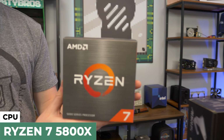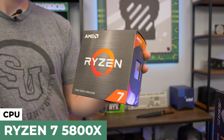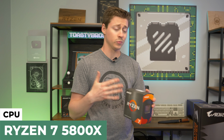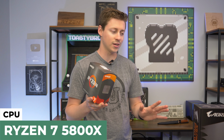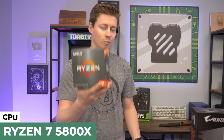But yeah, how about we not waste any more time and talk about each individual part and how it makes up this PC build. So for the CPU, we have the AMD Ryzen 7 5800X. This is an 8-core, 16-threaded processor, and it just felt like the right CPU to pair with the 6800 XT, but you could go with something like a 5600X and get really similar performance, but we're kind of going for a streaming, editing, and gaming setup here, so we wanted it to be able to do everything, and we already spent so much money on everything else, we're like, we might as well spend 100, 200 more on the